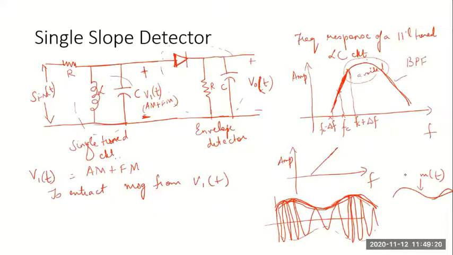So what is the essence of demodulators? Demodulators are those circuits which should help you get back the message signal. And here you are able to get back the message signal because we are making use of a frequency discriminator like a single slope detector. So it can use either this slope or this slope. Is this concept clear to you?